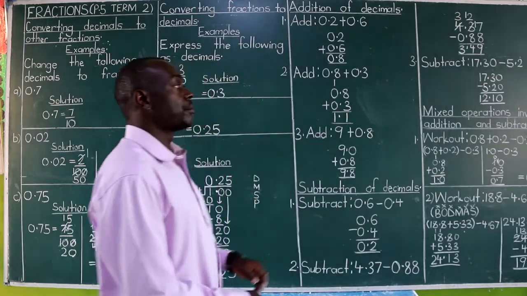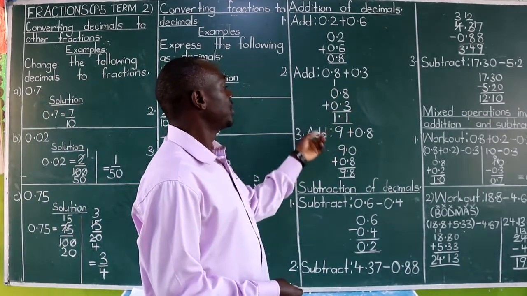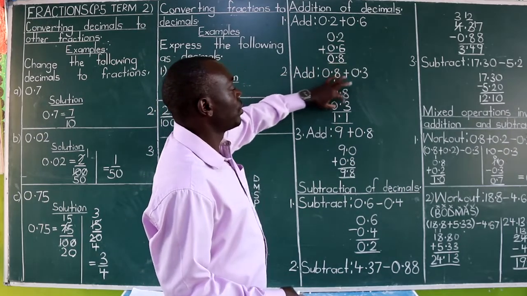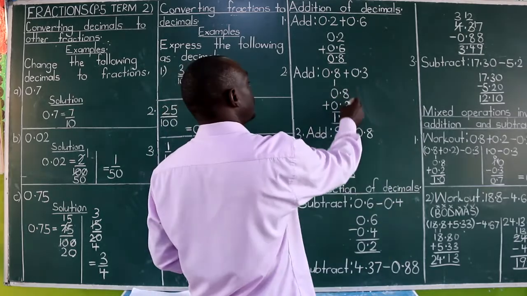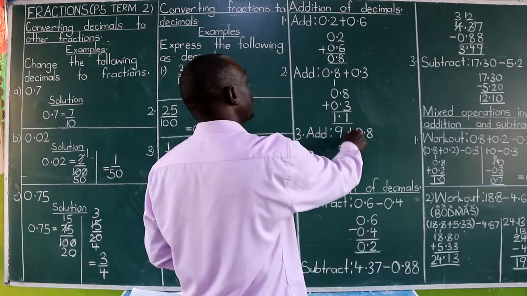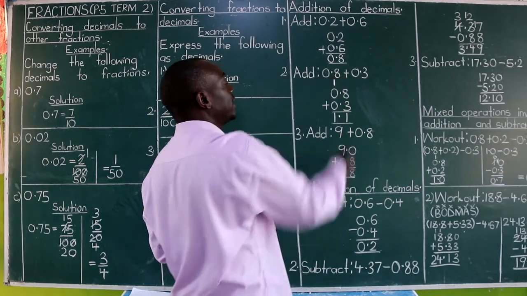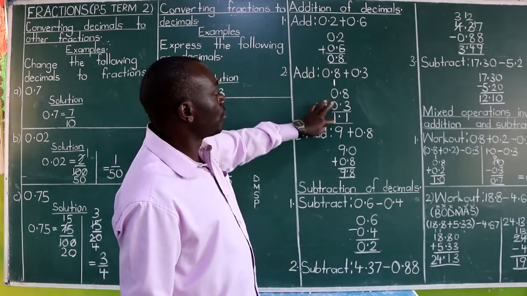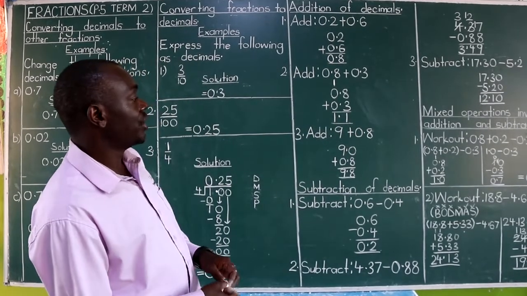In addition and subtraction, we start with points first. Point, point, point equals, and then write 0.8 plus 0.3. Start our normal addition, where 8 plus 3 you get 11. Write 1, regroup 1, or carry 1, to the next place value, where 1 plus 0 plus 0 gets 1, thereby getting an answer of 1.1.